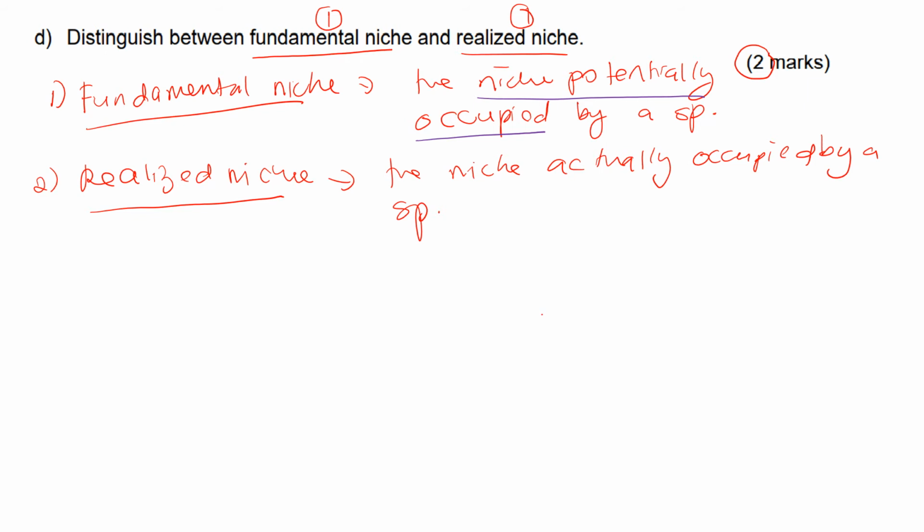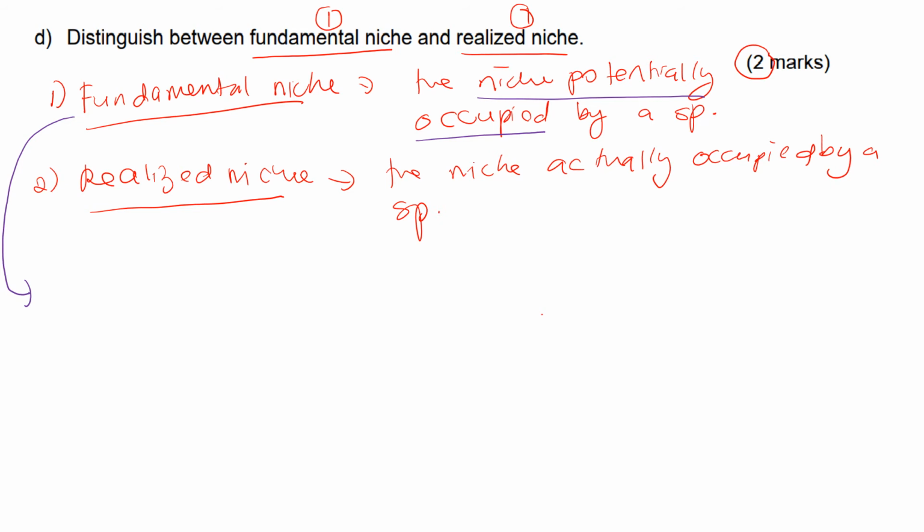So it means that for fundamental niche, it is the niche when a species can fully occupy a certain habitat, a certain area, without the presence of competition from another